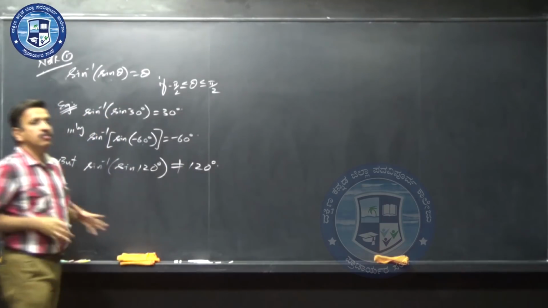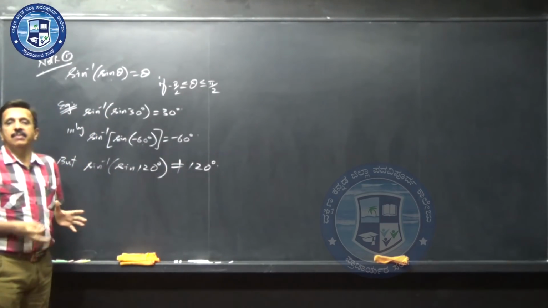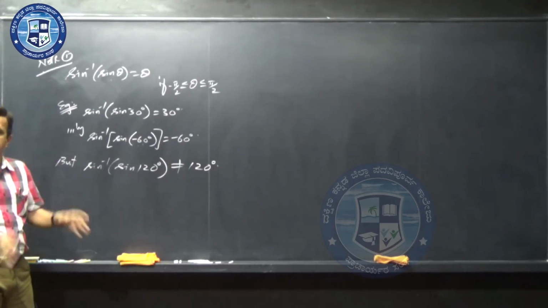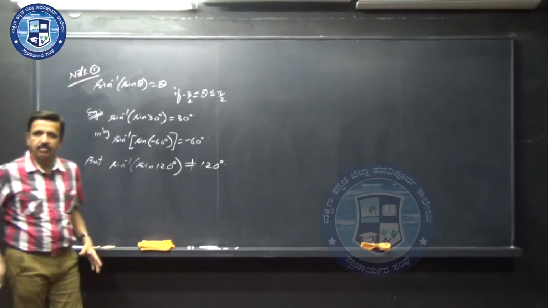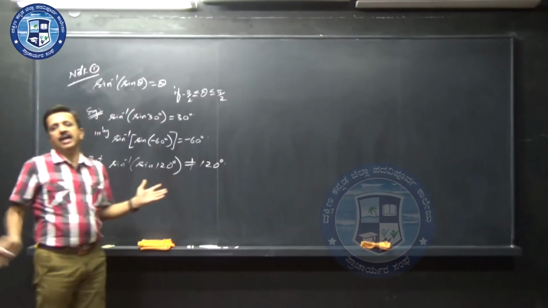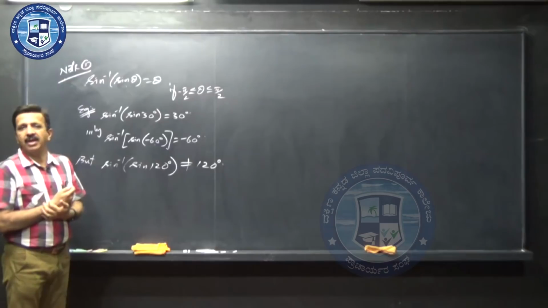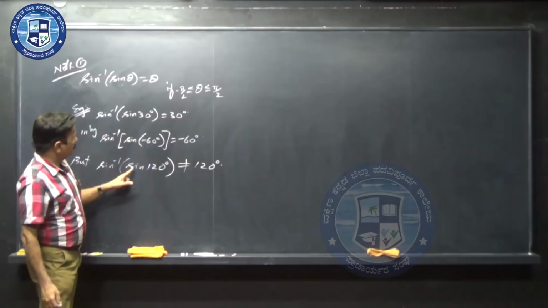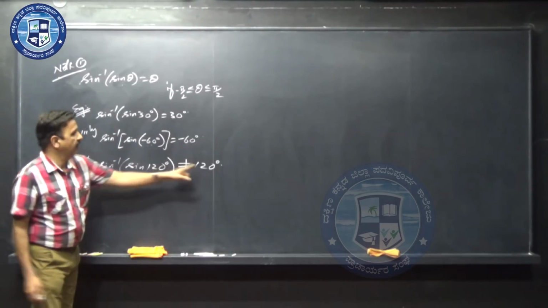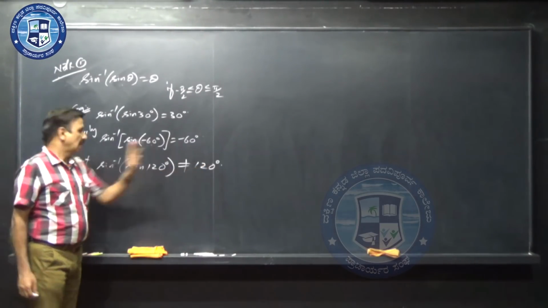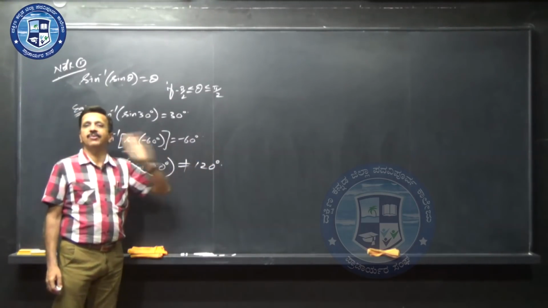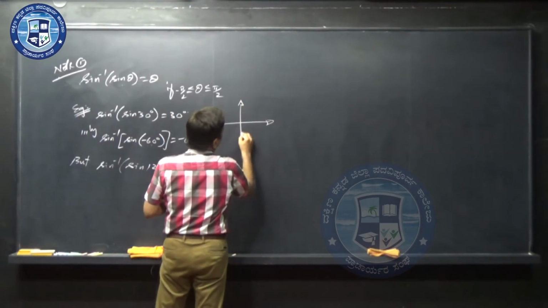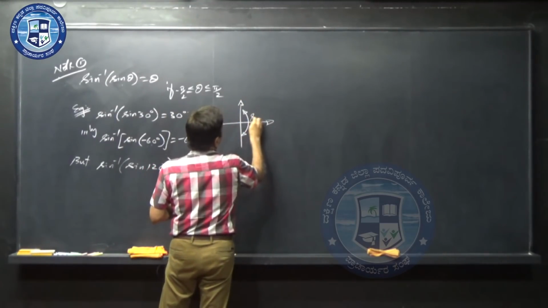You can never think about sine inverse answer, you know. Inverse trigonometric function answers are all angles: sine inverse something, cos inverse something, cot inverse something, secant inverse something, cosec inverse something, all are angles. The answer of an inverse trigonometric function is an angle. It does not mean that sine inverse sine cancels and gives 120 degree, no, that is not the answer, because the answer of sine inverse cannot be in the second quadrant, you remember very well. Sine inverse can be anywhere between minus 90 and plus 90. This is the kingdom of sine inverse x, you know it.